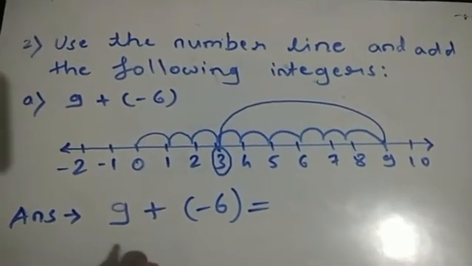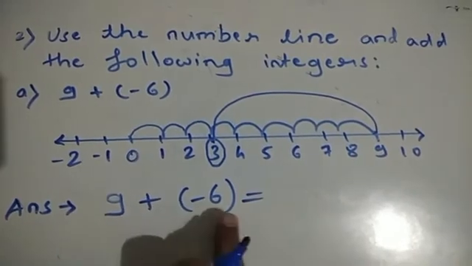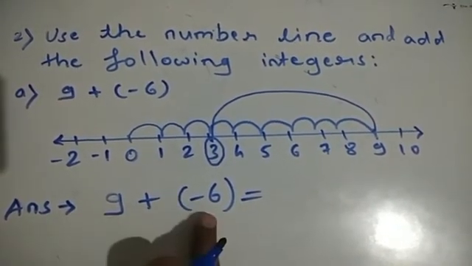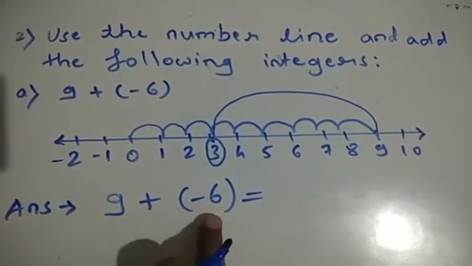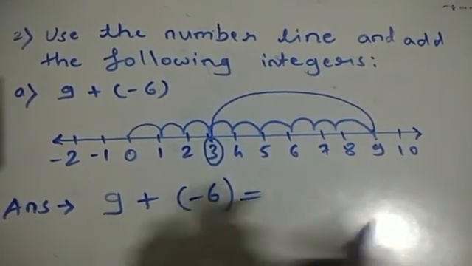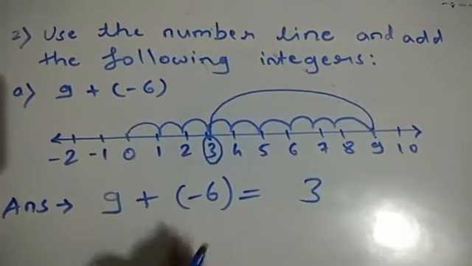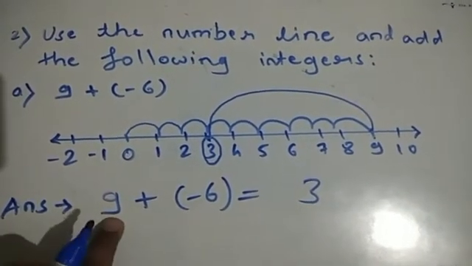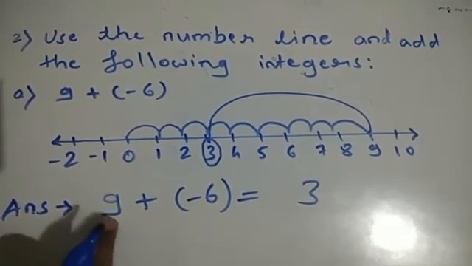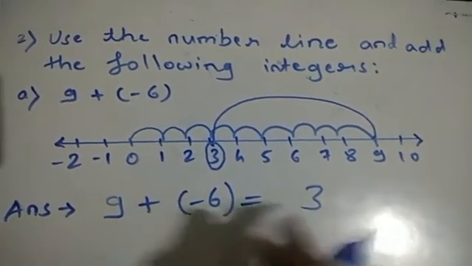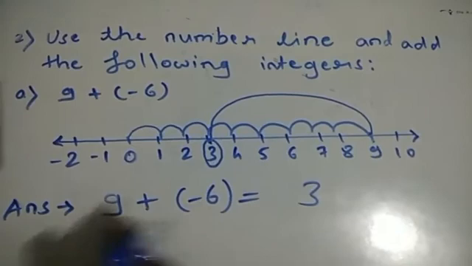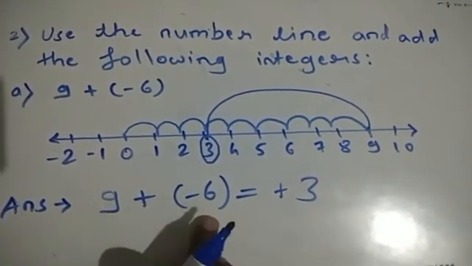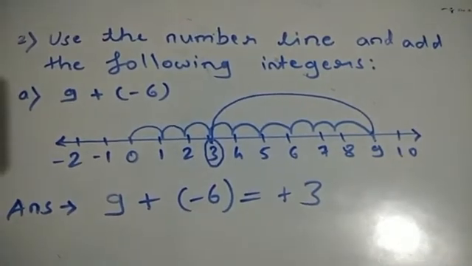As well as, we can see here that one integer is positive, another one is negative. So already we have discussed that if one integer is positive and another one is negative, we have to subtract. Therefore 9 minus 6 is how much? 3. And ignore sign and decide which one is the greater number. 9 is the greater number and it is a positive integer, right? So therefore the answer will carry the sign of the greater number. Students, remember, while comparing, ignore sign and then compare. I hope you understood this.